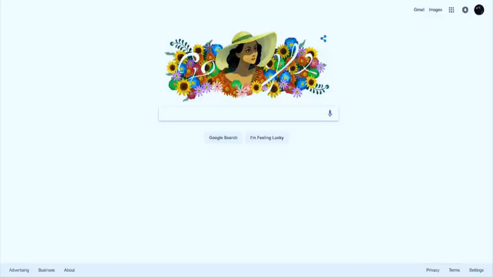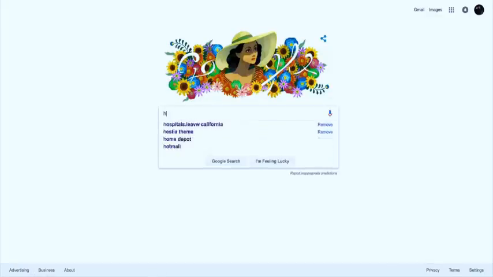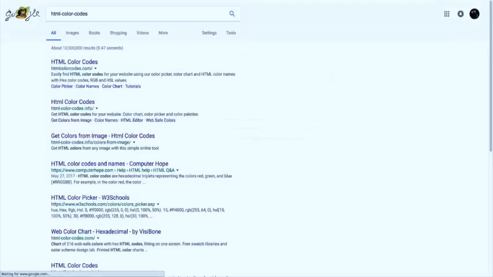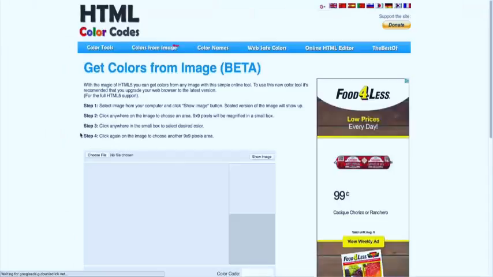And I'm going to go to HTML, let's see, color codes. HTML color codes. So it's this one right here. Don't worry, guys. The link is also in the description. So it's